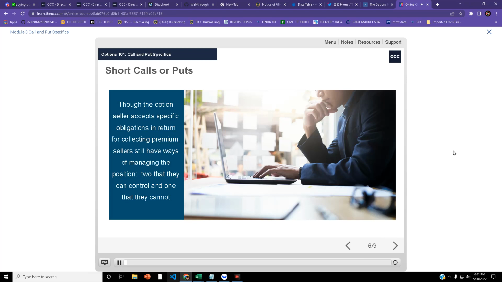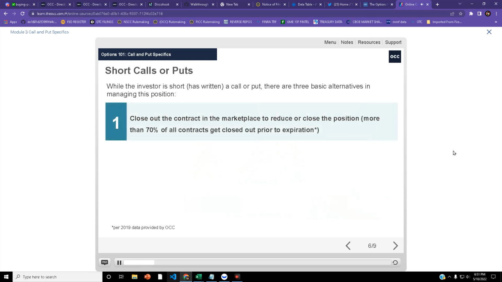Though the option seller accepts specific obligations in return for collecting premium, sellers still have ways of managing the position, two that they can control and one that they cannot. 1. Sellers can often close out the position by buying back the contract in order to reduce the short position